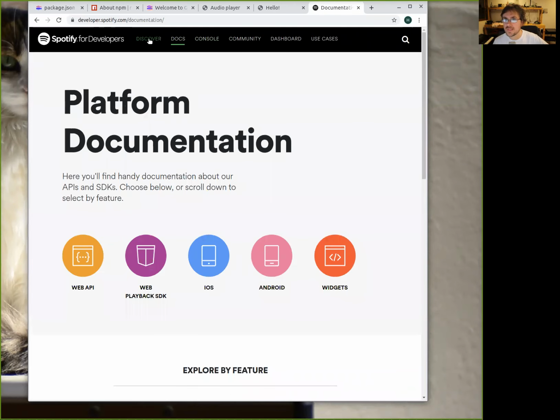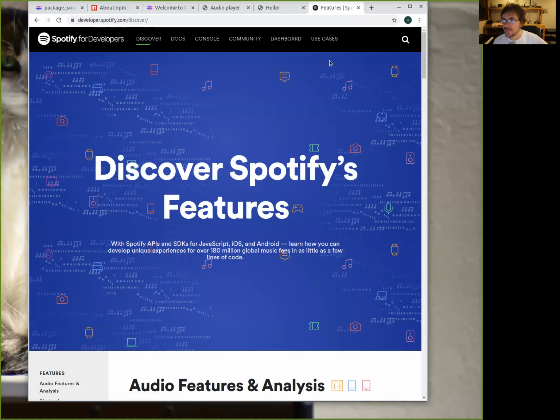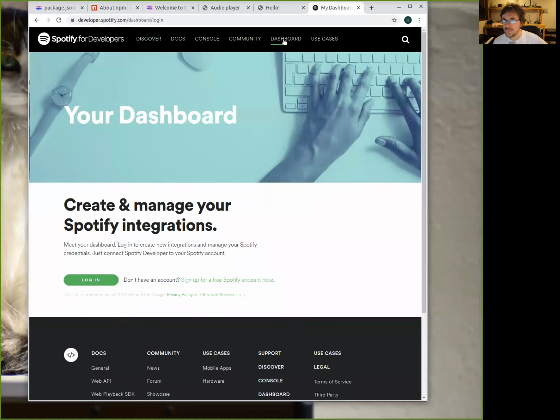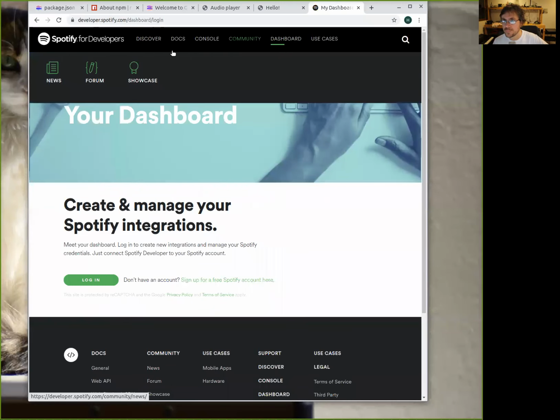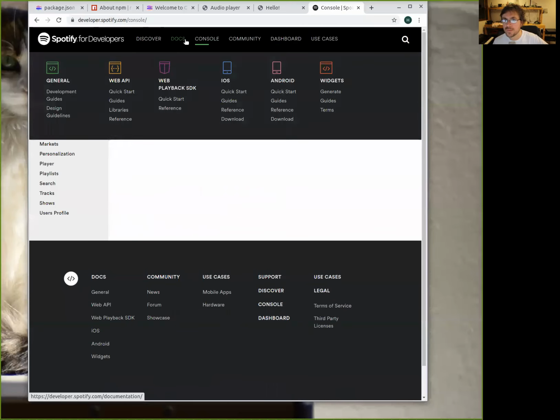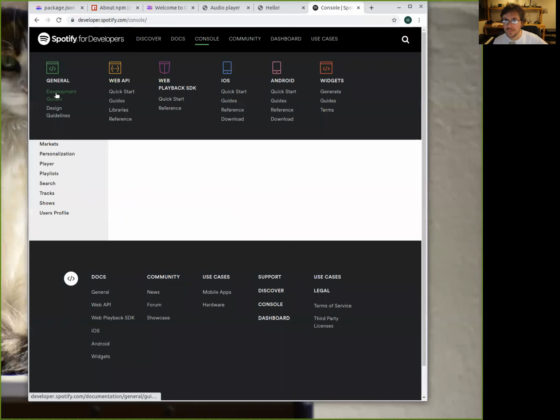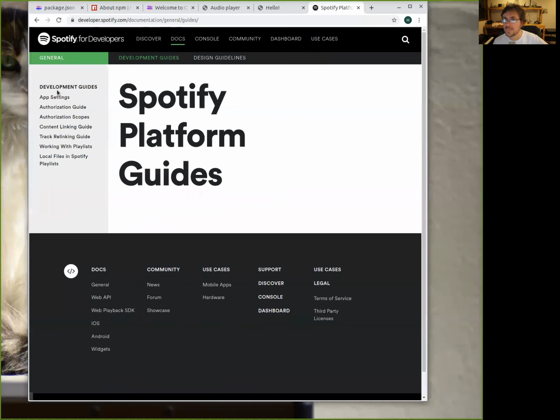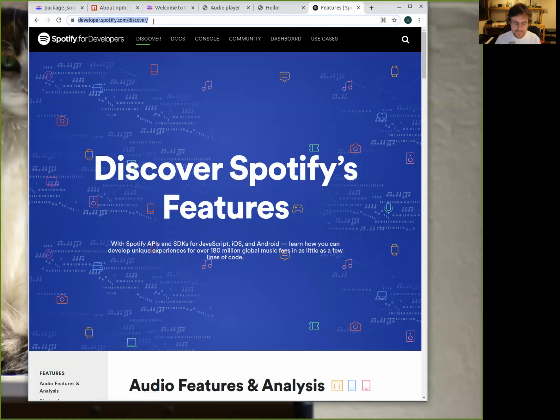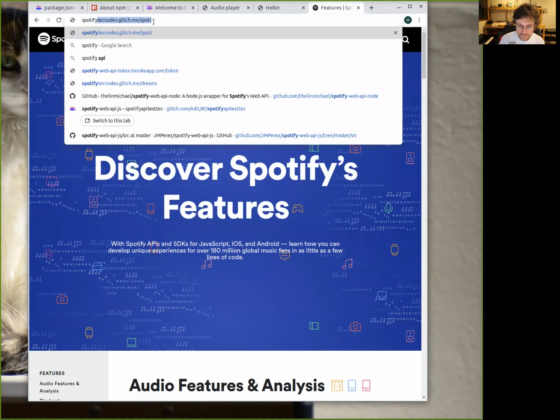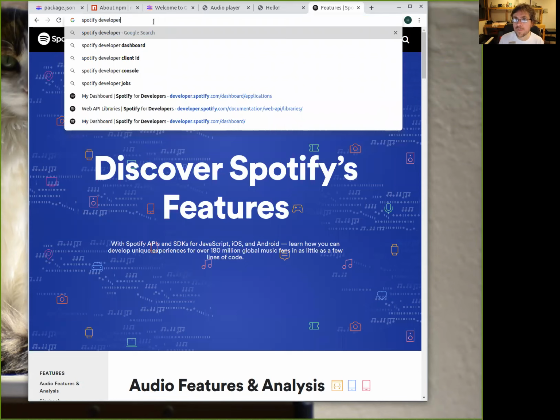Oh, where was it? Where was the dashboard? The console? No. I think it was in documentation, general, and yeah, development. Okay, the authorizing guide, and where are the libraries? Spotify developer.